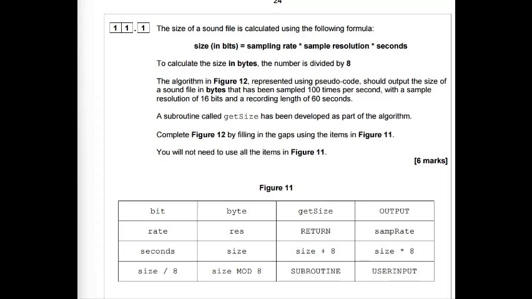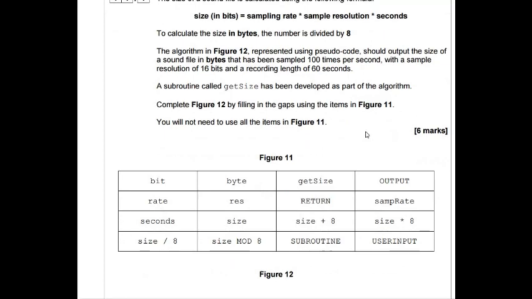Right, let's see if we're not quite on a home stretch yet. The size of a sound file is calculated using the following formula. So you've got size, sampling rate, times resolution, times seconds. So we need to calculate the size in bytes, numbers divided by 8. 8 bits in a byte. So the algorithm in figure 12, represented using pseudocode, should output the size of the sound file in bytes. It has been sampled 100 times every second with a sample resolution of 16 bits and a recording length of